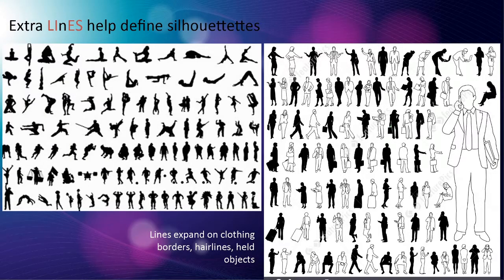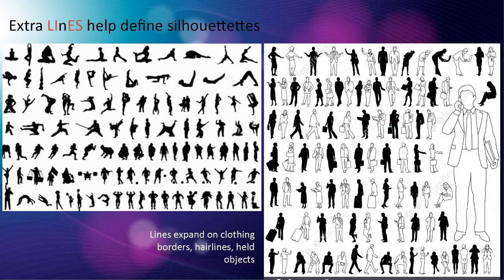Silhouettes do not just have to be cartoon characters, they can be humans, and you can see the different activities that these silhouettes are showing us. We assume these are people, they're just silhouettes, lines on paper. And they're doing different things, but we can tell they're doing yoga, or they're doing ninja stuff, or some kind of sports thing. And if those silhouettes were not black, they would just be an outline, and we could add more lines to define more features, like a tie and a coat here.